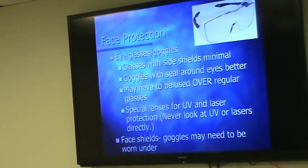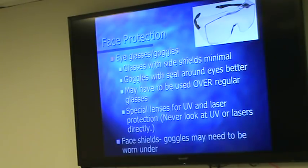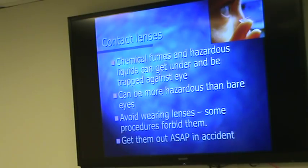So in specimen processing, just curious, everybody who does the full face shield, is that how you're doing specimen processing for splash protection? Okay, just curiosity. Or working behind a splash guard. Behind a splash guard,